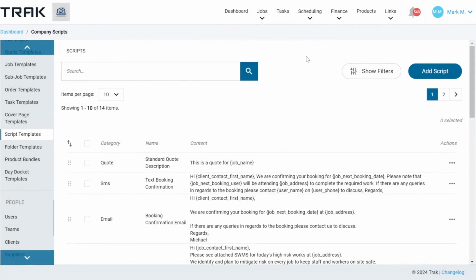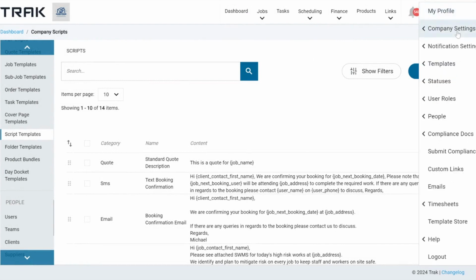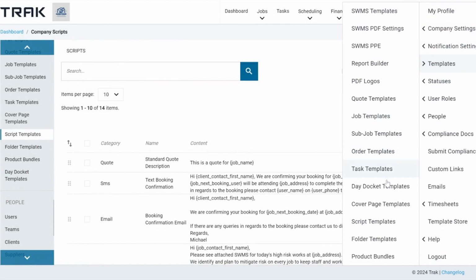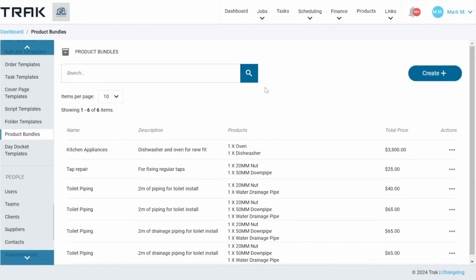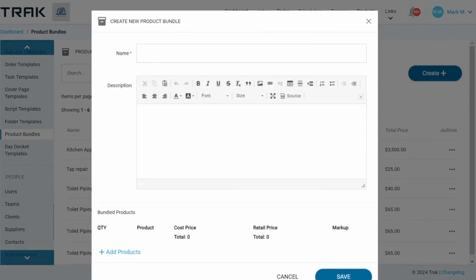The last part I think that is really important as well, depending on the type of quotes you want to create, once again in your templates, is product bundles. In the Trak platform, you can bundle products together to create a service. So, for example, you might have supply and installation of floor tiles per square meter. And you know that there's a certain amount of tiles per square meter, a certain amount of underlay, a certain amount of waterproofing, a certain amount of labour, a certain amount of grout, whatever it is that you can create a product bundle. You can name it,